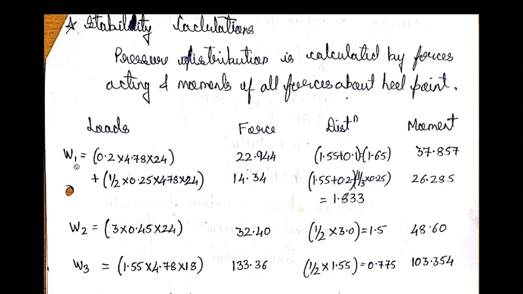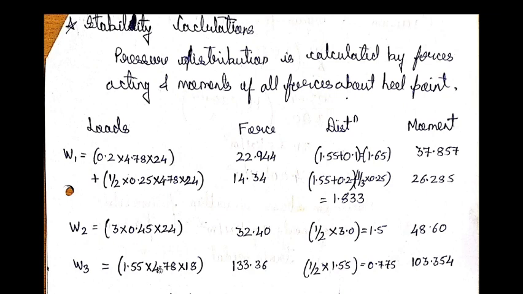So according to this, there is W1, W2 and W3. W1 is the load of the stem portion, which is a concrete structure. Here the density is 25 and these are the dimensions, and this is how much the force is calculated, and with respect to the heel point, multiplying with the distance we got so much of moment. Then W2 is the base slab total width into the concrete density. So this is how much the force has worked out, and this is the CG distance, and this is the moment. W3 is totally the earth, as shown.